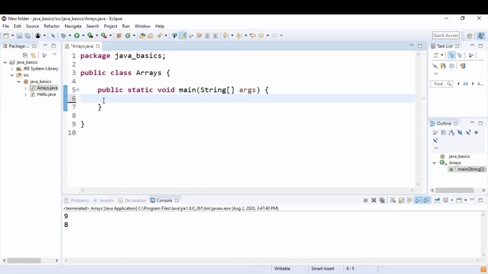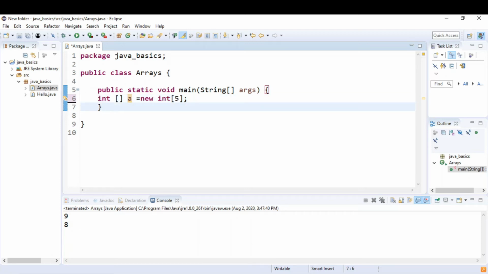And now I will declare an array a of type integer. So what we have to do: int, then brackets, then a equals new int, and then the size of the array you want to give, right? So how do we read this line? Create an array a of type integer whose size is 5.